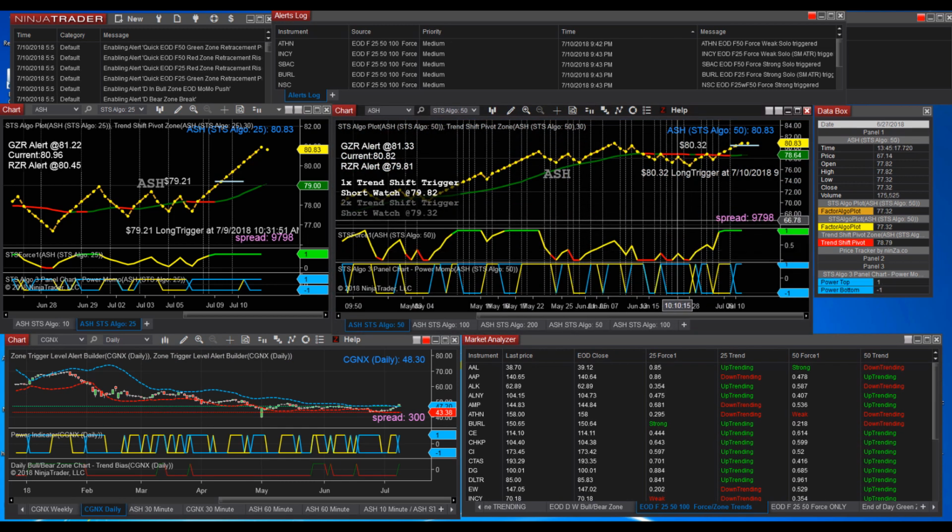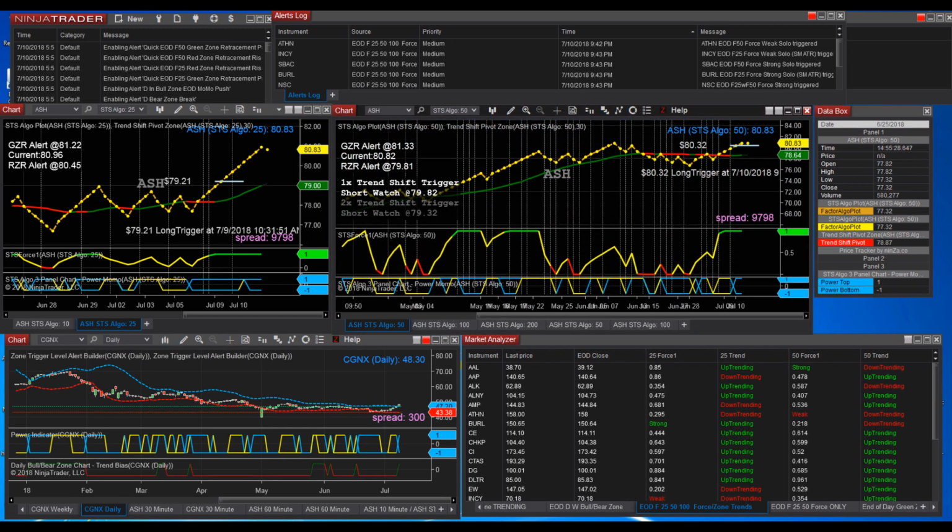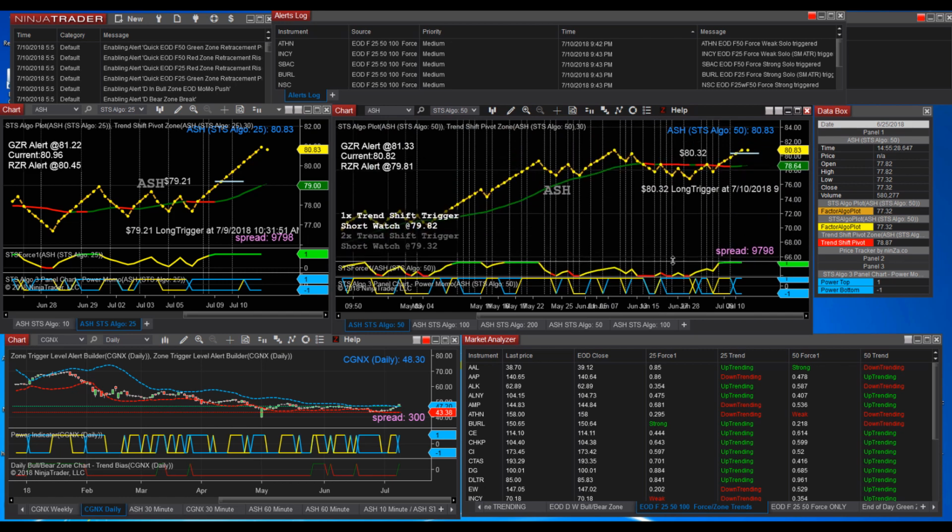I've got a 3-panel chart on this system rather than a 2-panel where these are separated, and at night you can see a little more clear. In the daytime you might want to be running the 2 panels where these are overlaid with each other. You can run either one you want to. So we have a strong 50. It's been strong for 2 days,